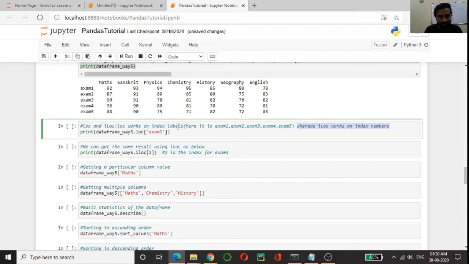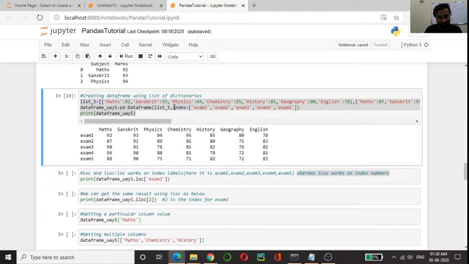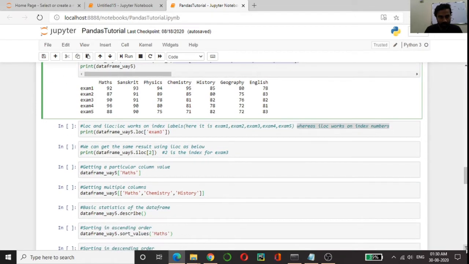The index labels here are exam 1, exam 2, exam 3, exam 4 and exam 5, which we passed while creating the data frame. So using loc and iloc, we can select a row, or we can select a particular element.